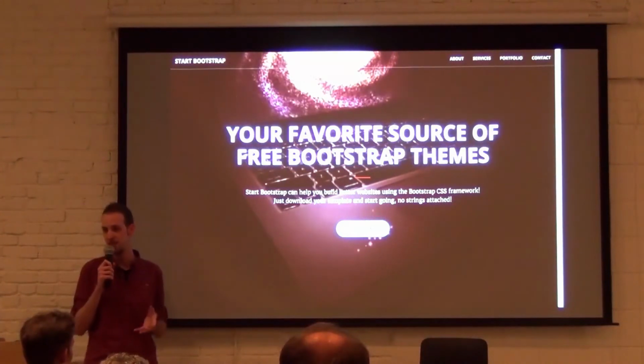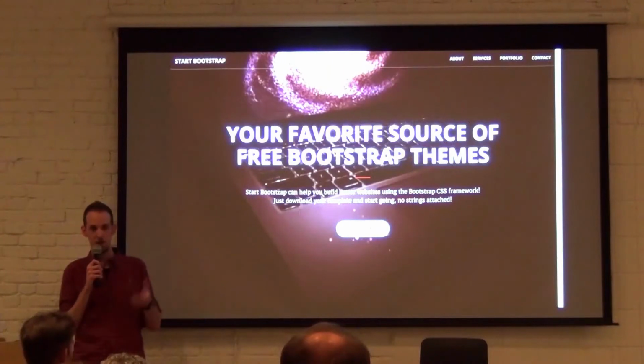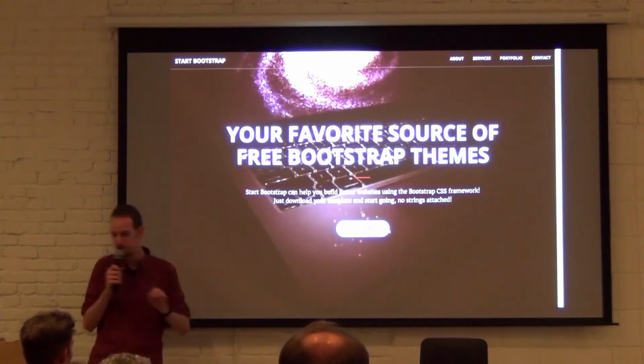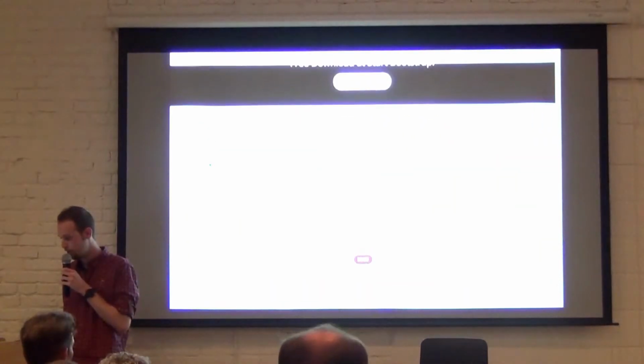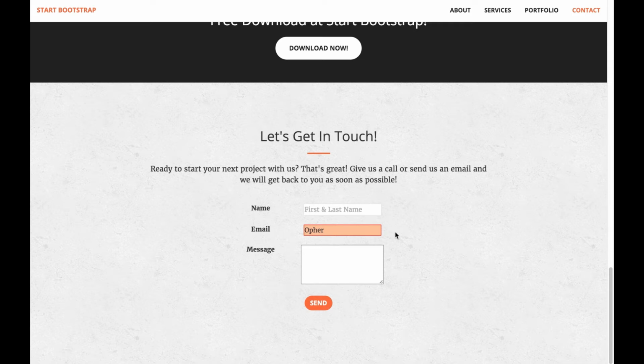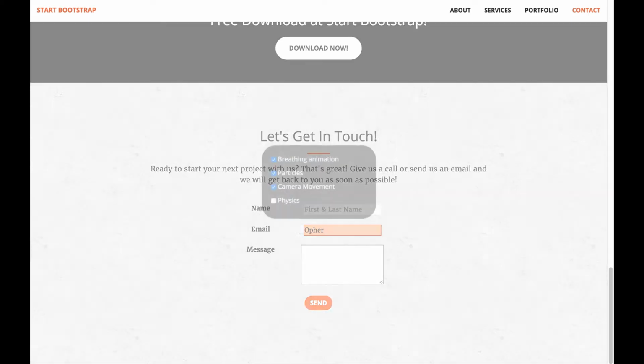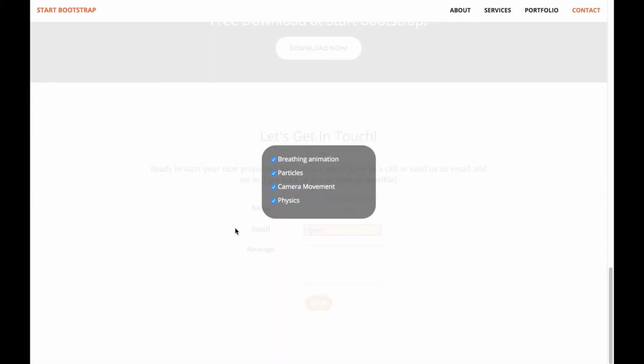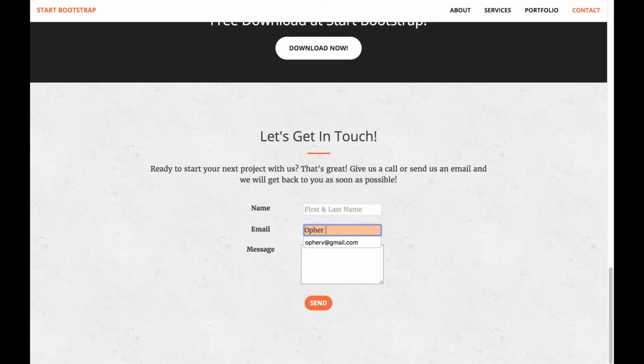So there are examples of physics in interfaces, for example, in the iPhone, where things bounce and wobble around. But I wanted to do something a bit different. So we have this contact form where I can put my name, and my email. Don't spam me, please. And if I put something wrong in the email, I get this validation error, which is an ugly way of doing this, but it's a simple, boring validation error. But what if we turned up the physics? And now, if I do something wrong,